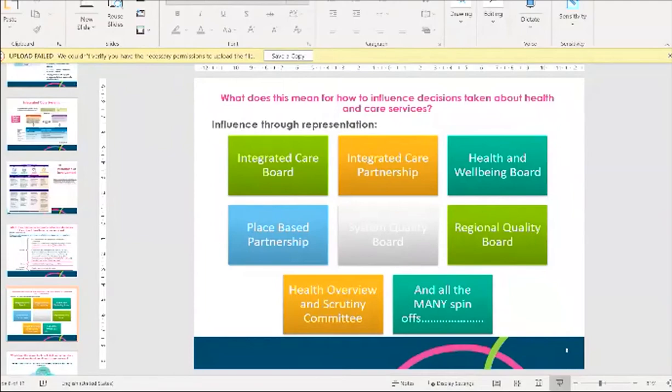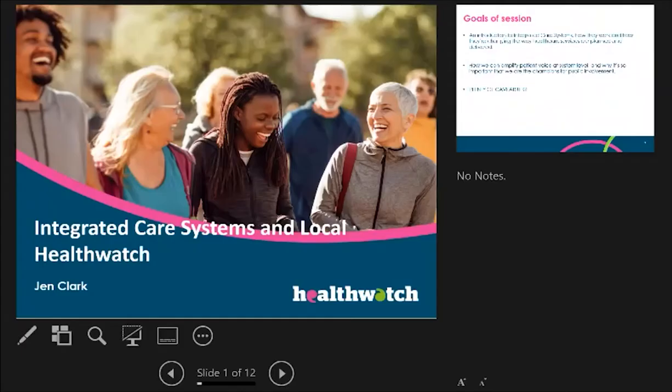Brilliant. Okay, so as already explained, I'm Jenny Clark, and I am working in the network development team at Healthwatch England. I've also previously been a local Healthwatch director as well, and I joined Healthwatch England about a year ago as the Deputy Head of Engagement and Sustainability, supporting local Healthwatch with their engagement methodology, and also supporting with financial